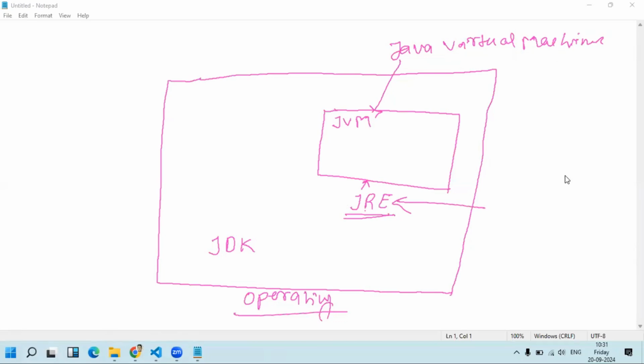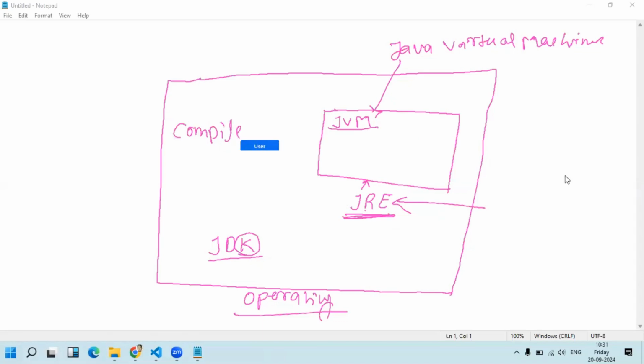It works internally, but once you configure the JDK inside your machine, then, because this is a kit, this kit has this JRE, and this JRE has this JVM, and you have the compiler also here in this JDK.